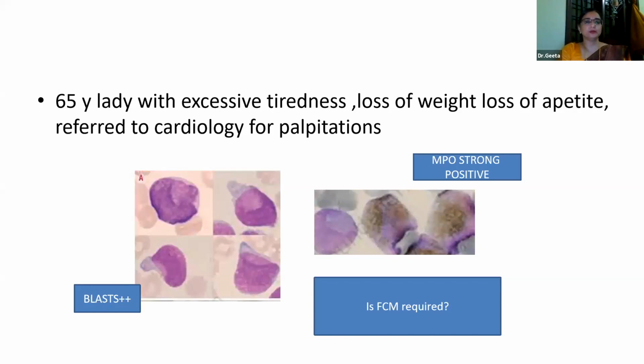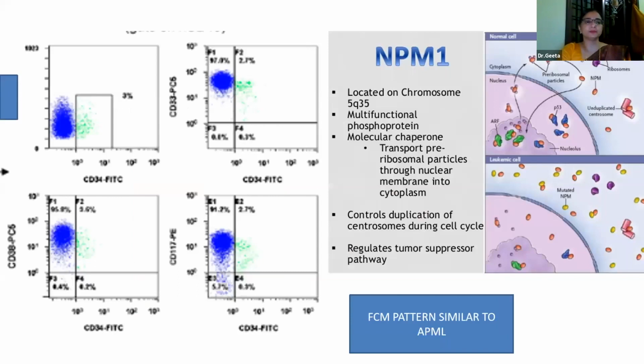Going on to another person who is old and comes to cardiology and gets a smear done, which shows a lot of blasts with this typical morphology, and the blasts are MPO strong. And these are the flow cytometric plots. I'm sorry, they're a little hazy, but I can tell you these are positive for CD117 and CD33 here. However, in this case also CD34 is negative and HLA-DR was also negative. However, this doesn't mean that this is APML. This would rather fit an AML with NPM1 mutation. So both of them have similar FCM patterns.